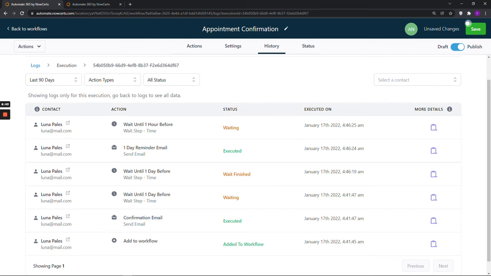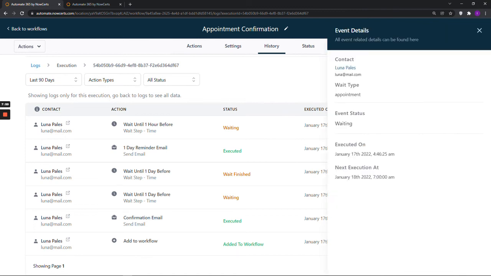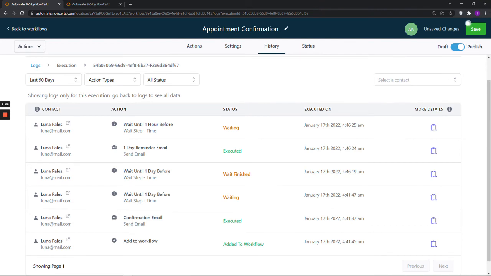If you want more information about a particular action and its status, you can come over here on the right side again and click on the clipboard icon, and that will give you more details as to what happened. This is an easy way to troubleshoot your workflows, especially when you get a status skipped or error. Anyway, you can see here that you are getting more details about each action, which actually leads us over to